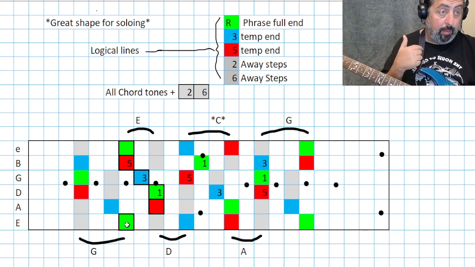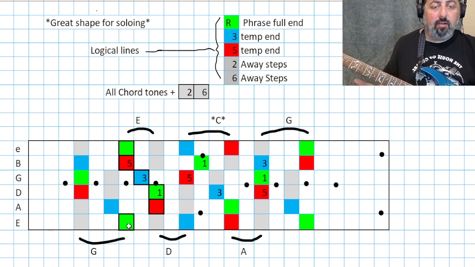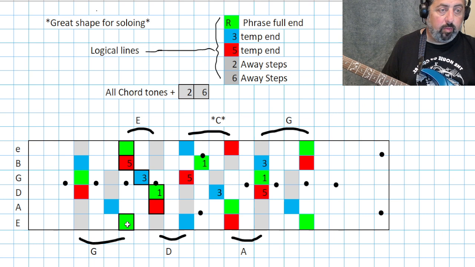Now, I don't do that myself. I just know shapes and geometry. But if you do, awesome, that'll be a tool that helps you. But to me, this can help with these logical lines. But before we talk about logical lines, let me talk about